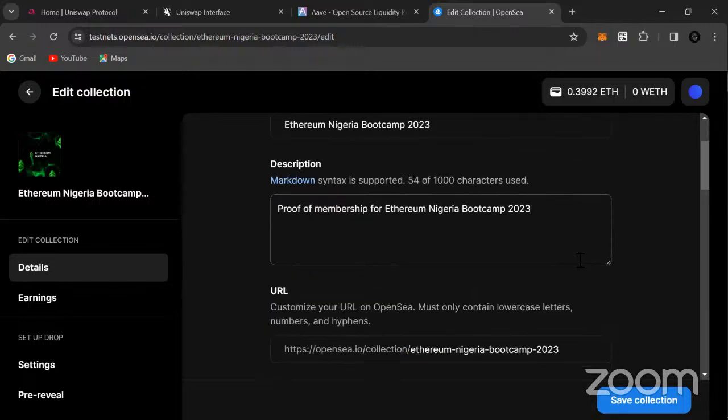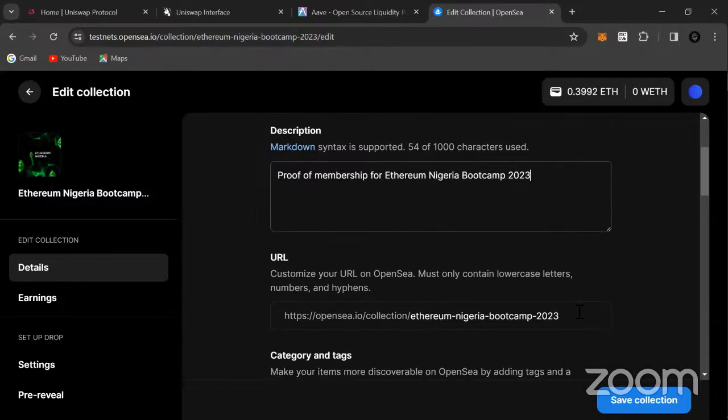Yeah, like we mentioned, I'll copy this address and paste it in the chat box. Basically, that's the address you have to go to be able to mint this NFT. I'll get that in a minute.